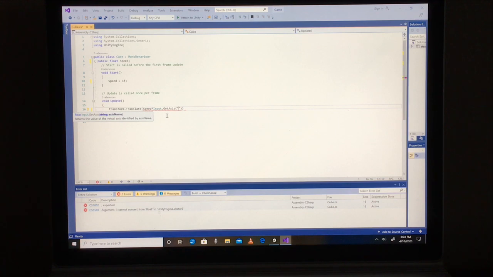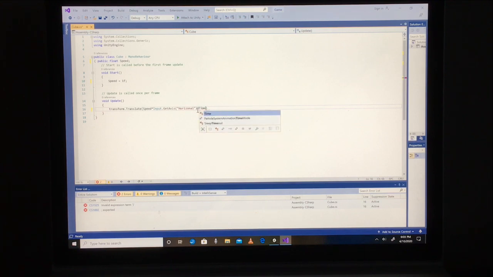inside the parentheses, and we are gonna add, what are those called? Quotation marks. And it will turn the GetAxis brown. That's okay. I thought it meant something at first. When I first downloaded Unity, I thought it wasn't working. Yeah, but it is. Then inside the quotes, we're going to write Horizontal. Okay? After that, outside of the quotes, inside the parentheses, so now we're in the normal parentheses, if that even made any sense. All we're going to do is write